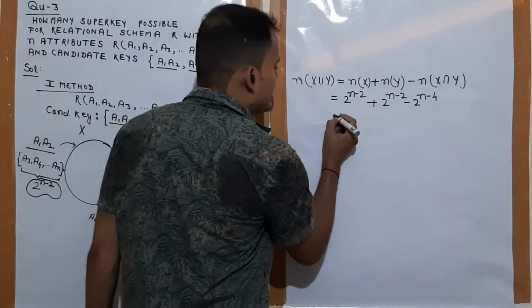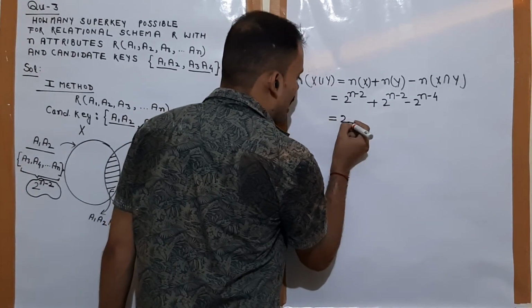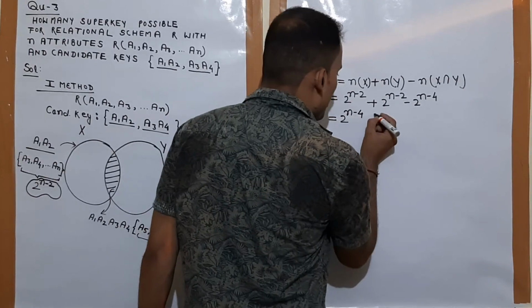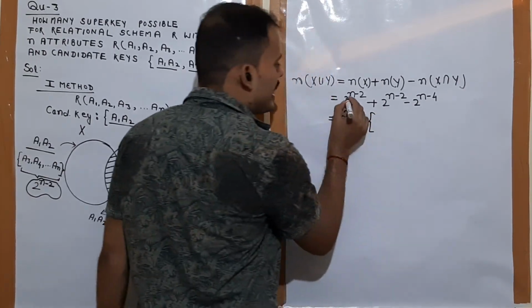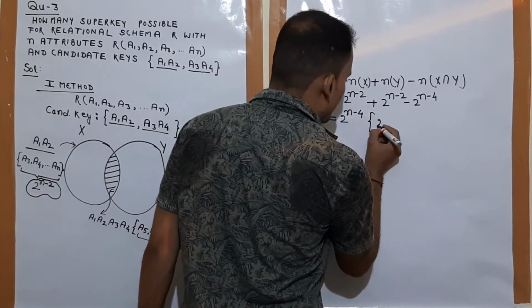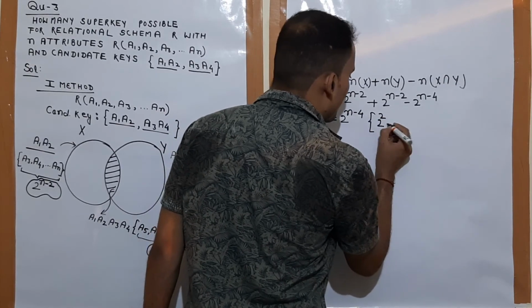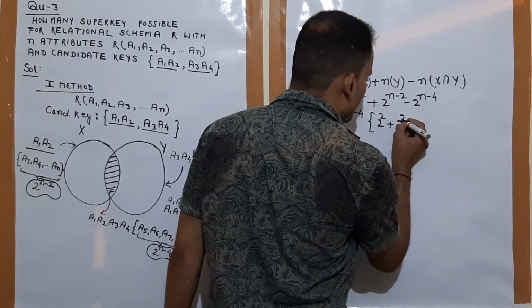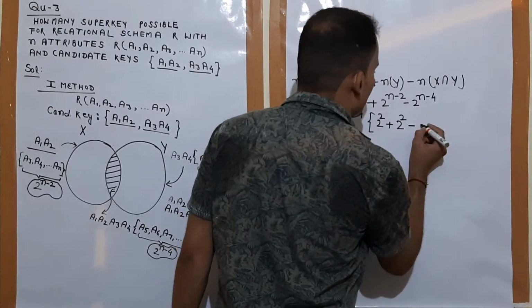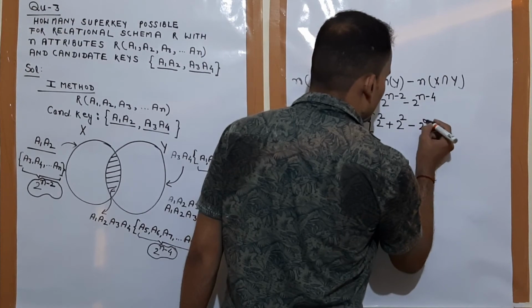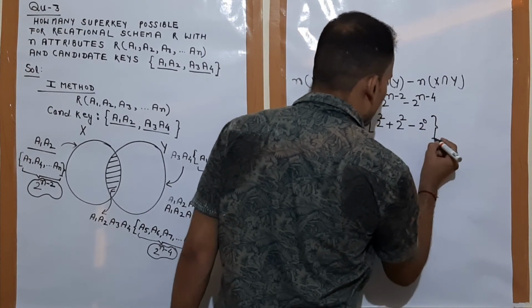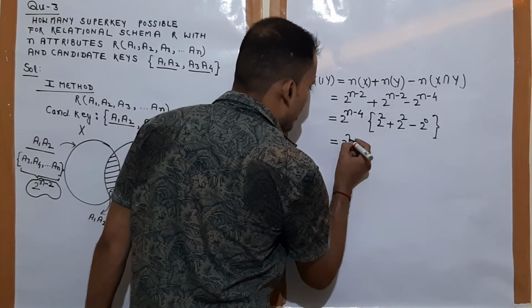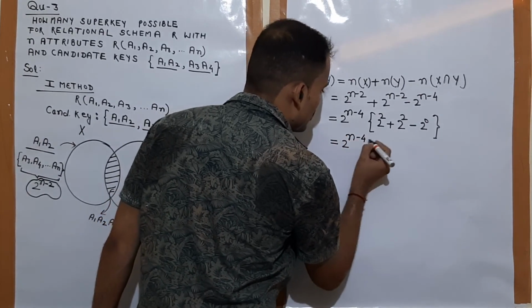Now we will take common 2 to the power n minus 4. Now what will we get here? Here we will get 2 to the power 2, plus here we will also get 2 to the power 2, now minus 2 to the power 0. Got it? Understood? Is equal to 2 to the power n minus 4